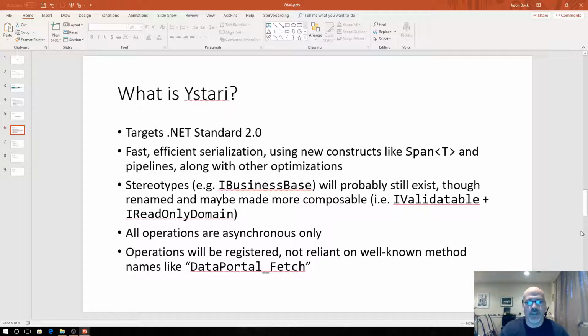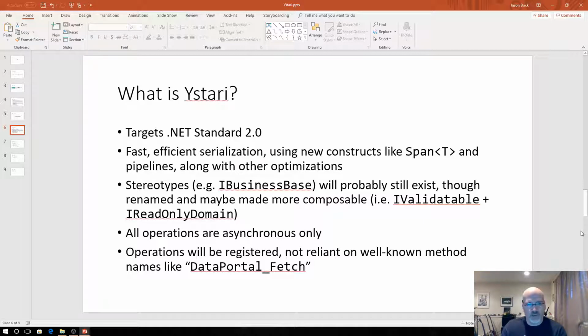Operations will be registered. Again, you can look at the docs if you want to see what we mean by that. But instead of having this well-known name that you have to pass in, and then this notion of criteria objects or how many arguments can I pass in, we have a design to make that much clearer. At least it's somewhat opinionated, but a way to actually use tuples. Tuples are this small thing that got added in C# 7, but oh my God, they can be used in so many creative ways. And we're thinking of actually saying for operations that you could pass in,